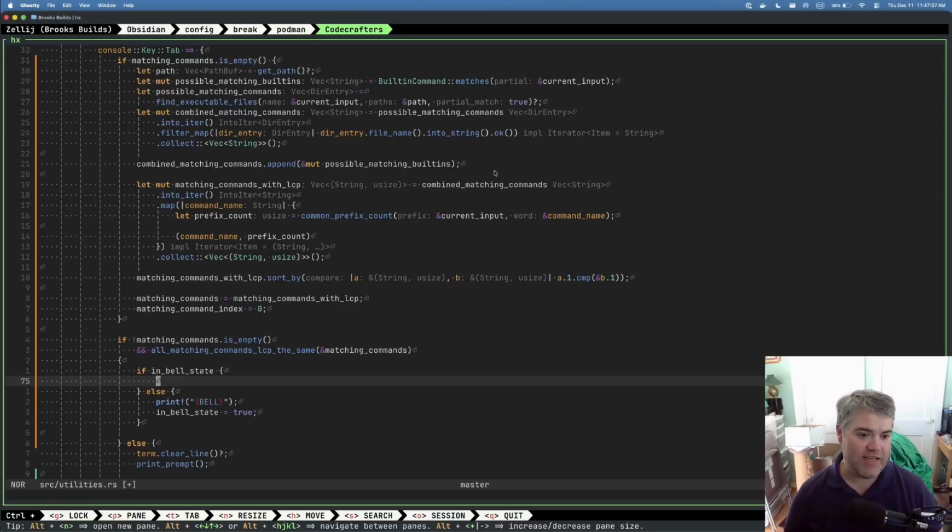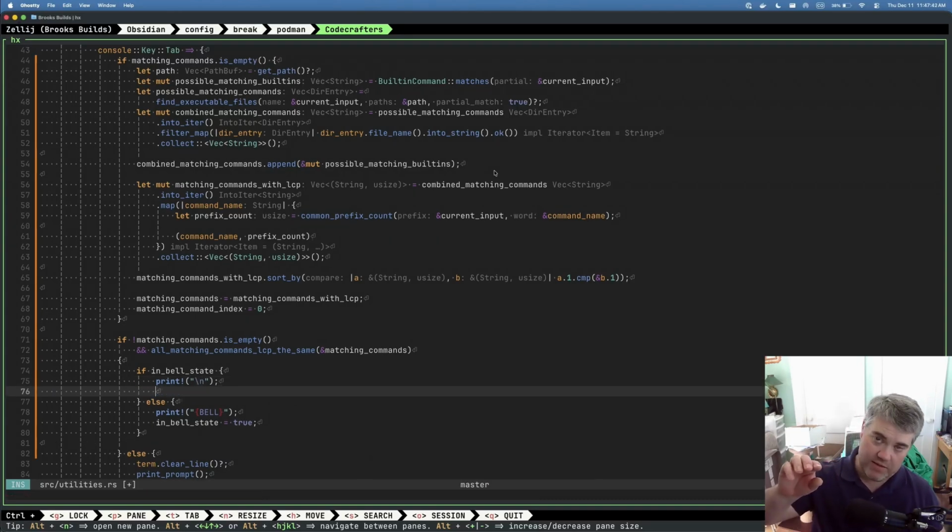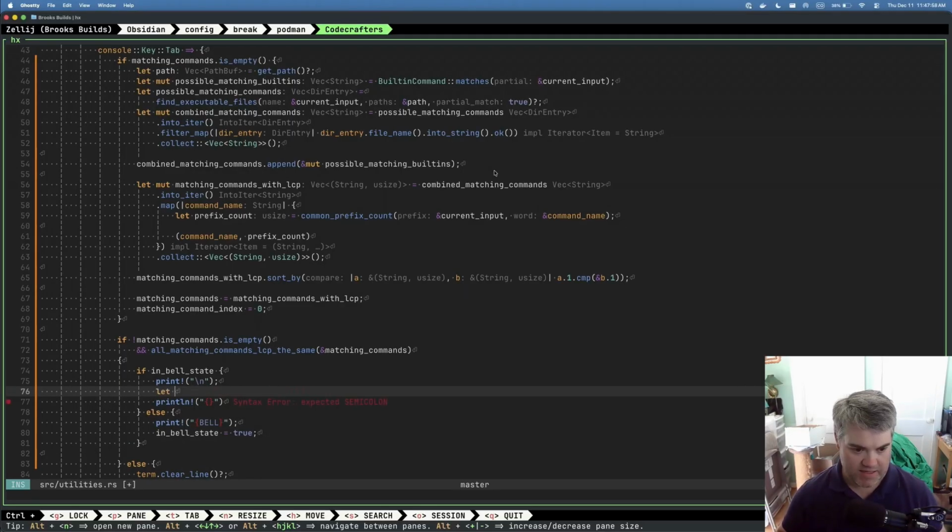But if we're in bell state, I want to get all the potential matching commands, mix them together and print those out. So we print a new line, then we print all the potential matching commands. So we can just print a line. We want that